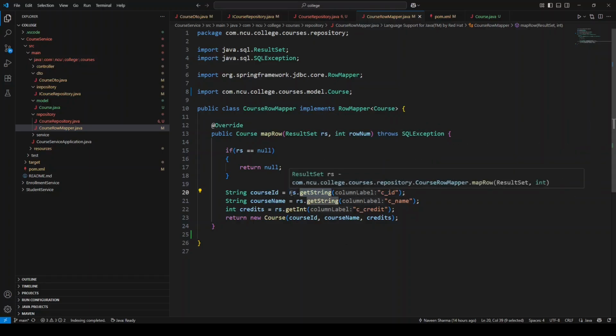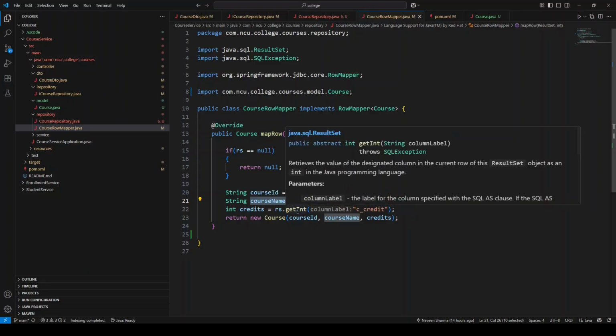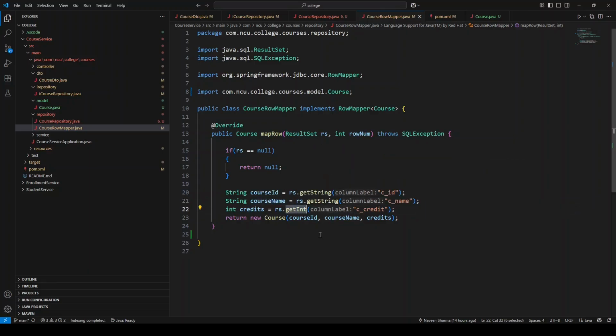So we say resultSet.getString on C_ID, and we save it in a string courseID. Similarly, we get course name with getString because course name is a string type, and save it. Then for the third, C_credit, we say getInt because credit is an integer value. So now we have all three values and we create a course object, which is our model object, and